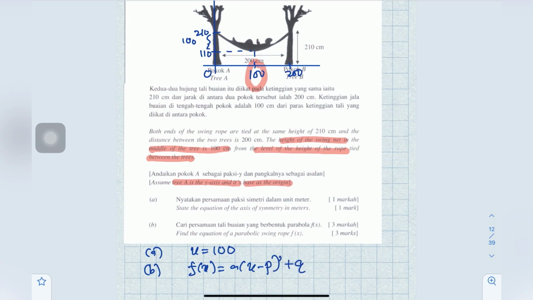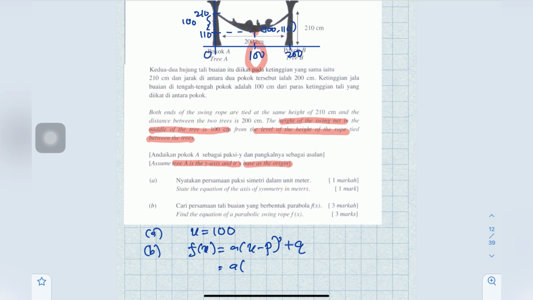Okay, this is the vertex form for a quadratic function. So we substitute whatever we can. Here we can find the minimum point. We know the minimum point is 100 and 110, so we put it into our function. We do not know a yet but we know a is positive. So a(x minus 100) squared plus 110. Then we have to find the value of a. Here, the point we have not used yet is this point, the y-intercept. The y-intercept is 210, so the coordinates are 0,